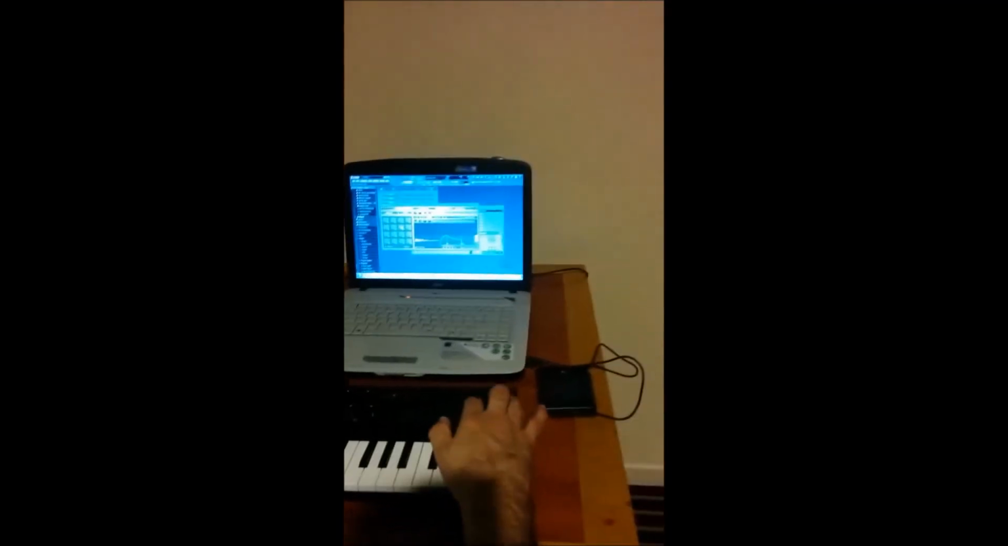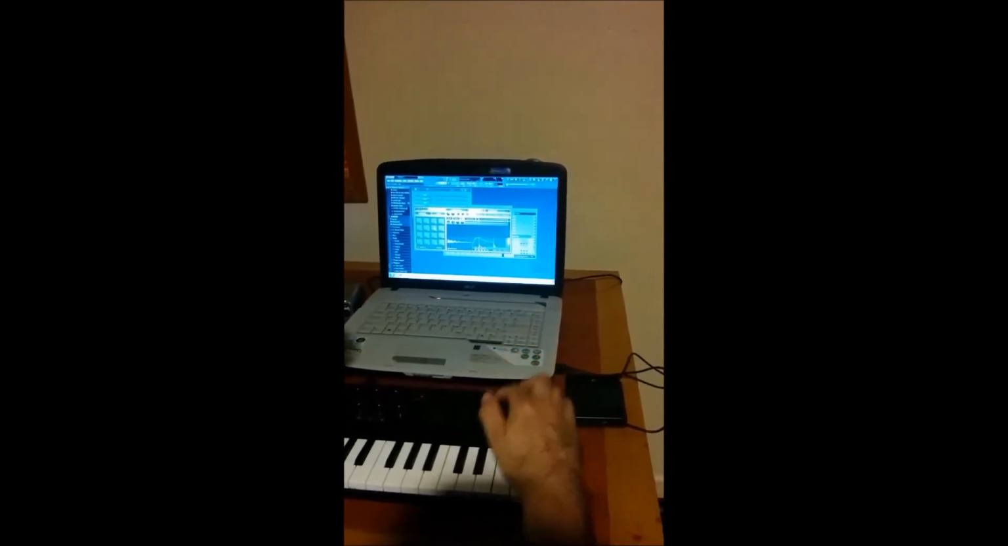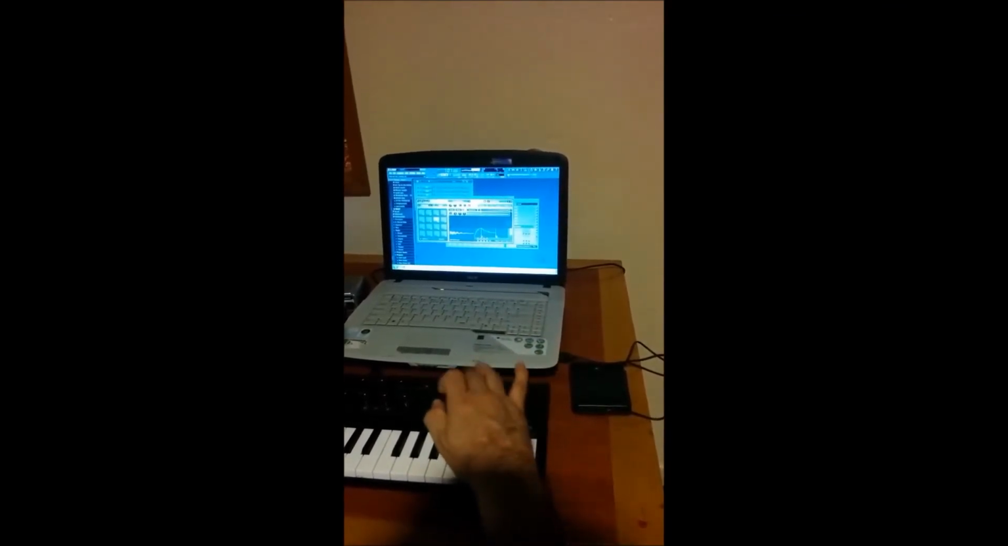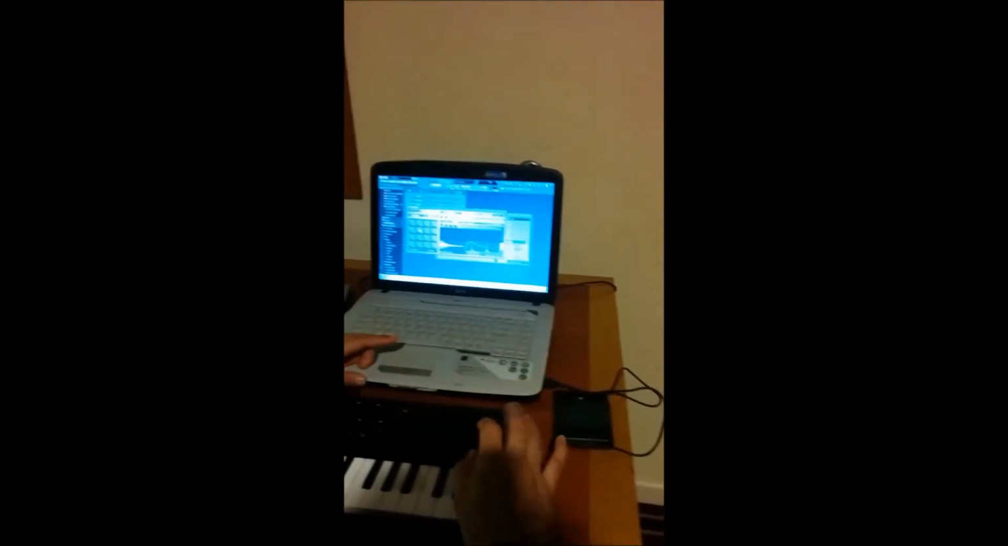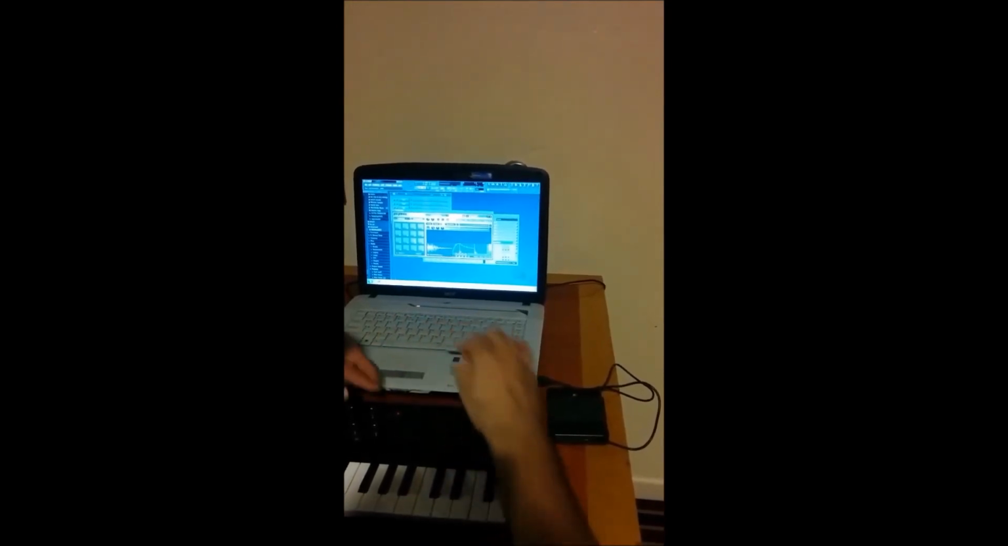Got the hi-hat there. Let's make sure it's on. Now it's on here on my MIDI controller. There's the hi-hat. There's a snare. Now the kick. Okay, so